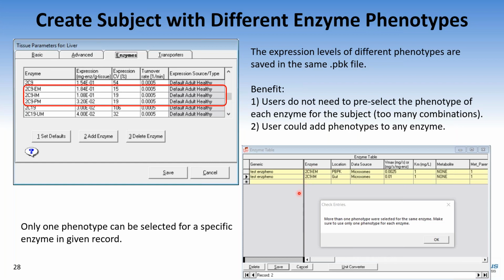Of course, you need to make sure that for a single enzyme, you pick only one of these phenotypes. You cannot have the same subject be an extensive as well as a poor metabolizer of the same enzyme.